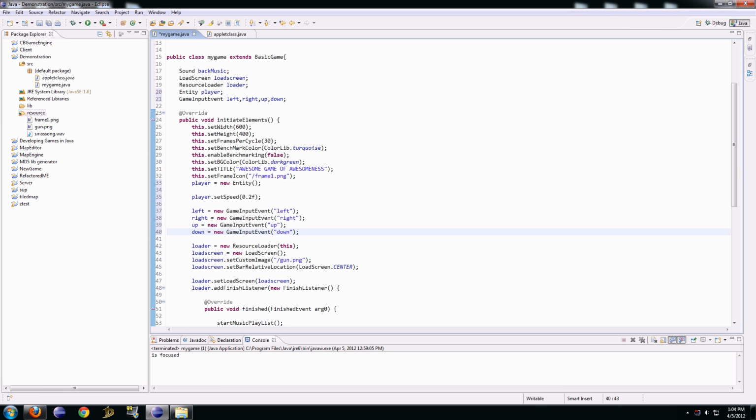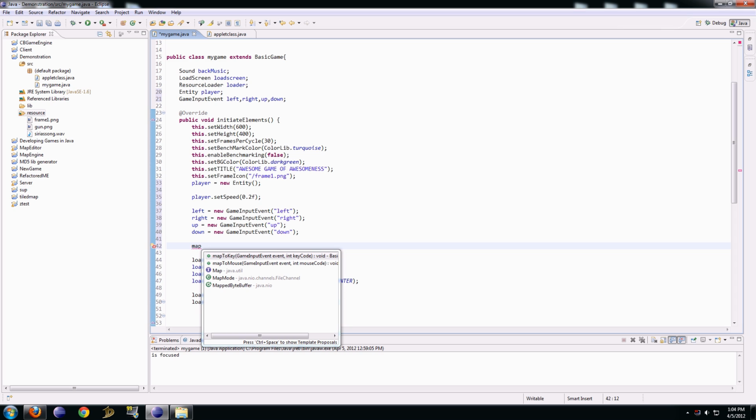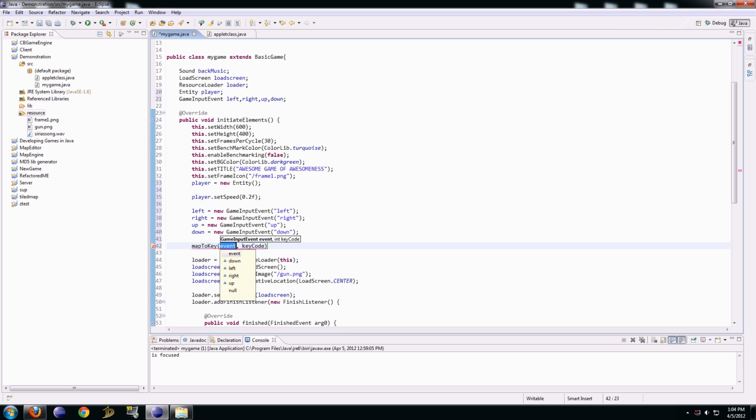Okay, so now that we made them, we actually have to map them to the keyboard, so I'll show you how. I have a built-in method. It's built into the basic game code, so you don't have to worry about it. So you just put whatever you're going to map. So let's say left, you want to map it to KeyEvent dot